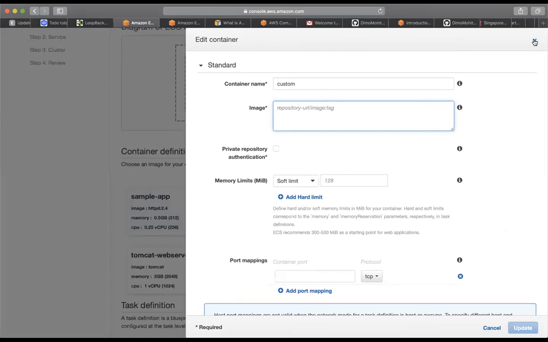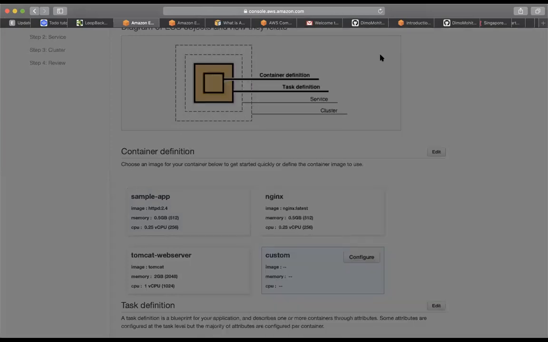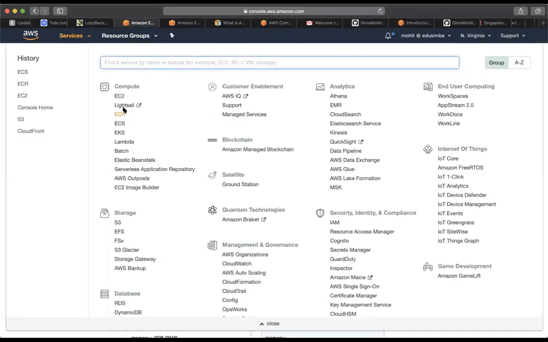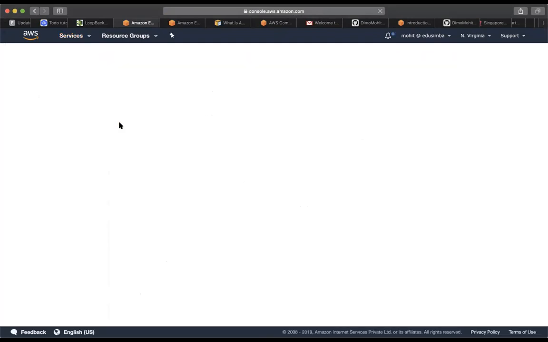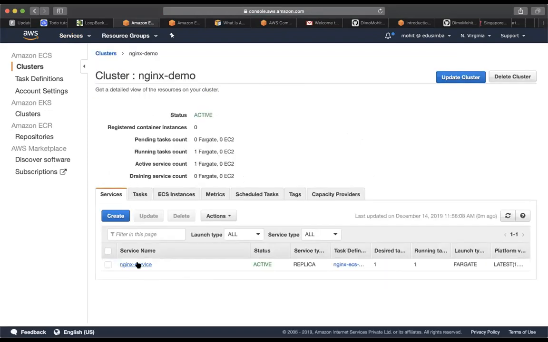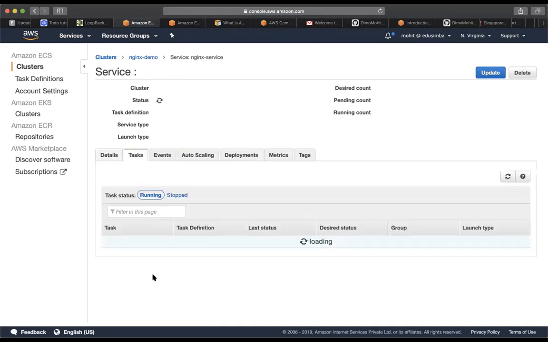Okay. So basically ECR is where you will push the images, and ECS is where you will pull the images from those repositories, and then as per your task definition, all those tasks will be done. For example, right now what I did was I simply created one container, and the container had nginx configured. So if I go to the nginx service and the task,